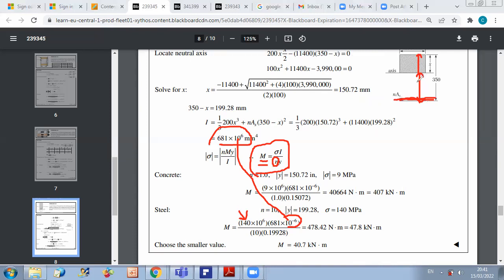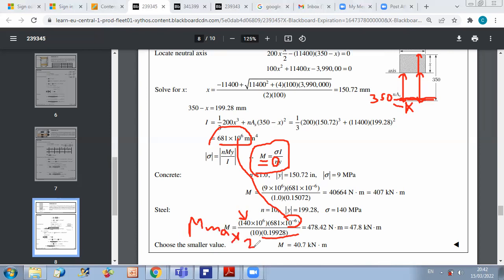Okay, so for steel, the distance from neutral axis to steel rods is 350 minus X. X is already calculated, so you can find the value of this distance in millimeter. And don't forget to convert it to meter in your equation. Then you get that the second maximum value for the bending moment is